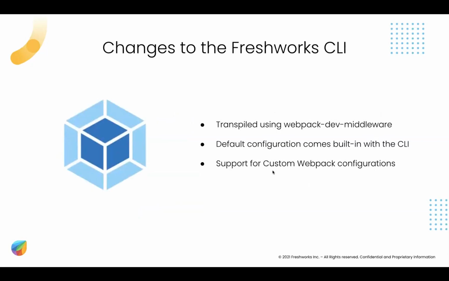So, changes to the Freshworks CLI itself. This section is for those who are interested in how FDK pack and FDK run work behind the scenes to generate the assets. The FDK uses something called the Webpack Dev middleware, a primitive version of Webpack Dev server, to transpile the components in real time and then place them in your index.html files. This also means that you could manipulate the Webpack Dev middleware by giving custom Webpack configurations. We'll also see a brief demo on how to override the existing configuration through a custom configuration at the demo part of this session.